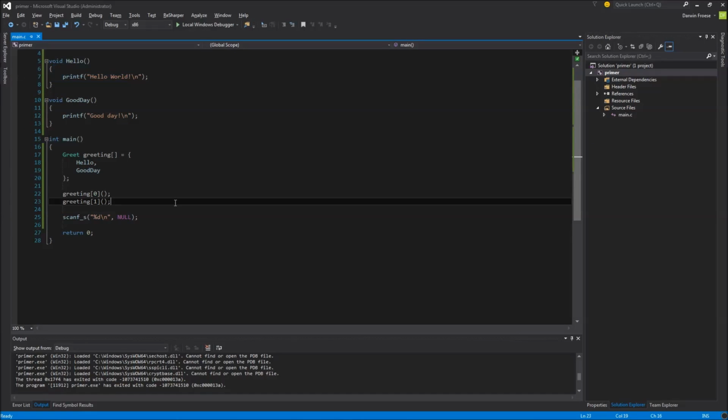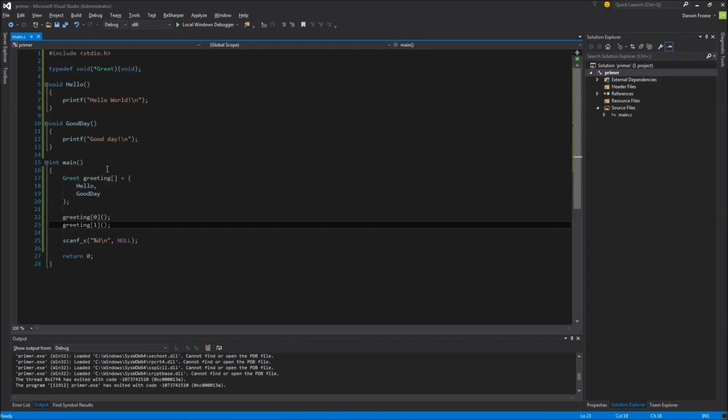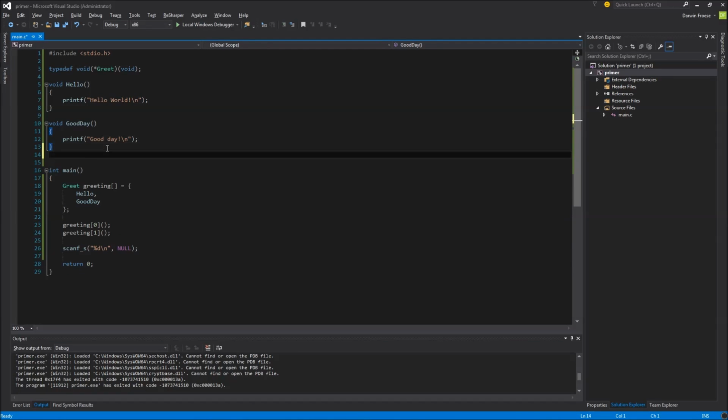So the reason this is really useful is because we can create a table of functions that are our instructions. So we could have one for add, one for subtract, one for multiply, one for load, one for store. And each of them will do whatever they need to do, and we can access them by calling an array value. So when our instruction has an operation code of, let's say,